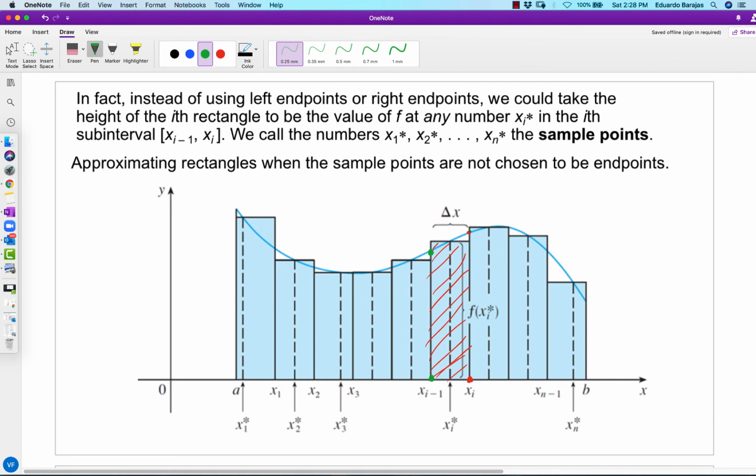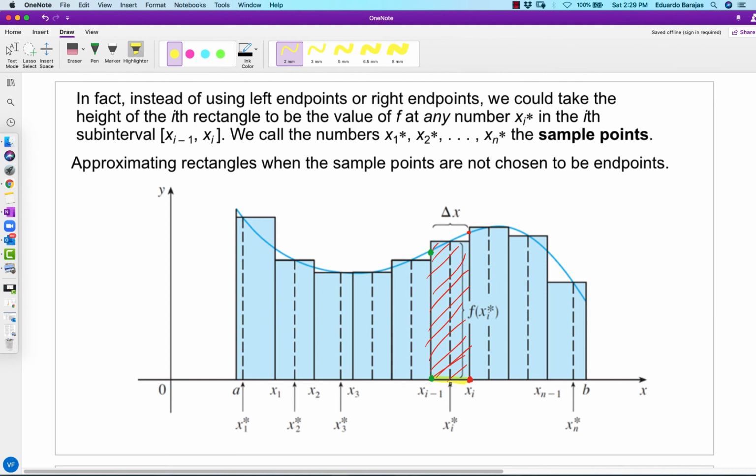So using the right-hand rule, as you can see, we would end up overestimating. Using the left-hand rule, you could see we would end up underestimating it. We could also use the midpoint rule. Let's go right in the middle and use that value. But in fact, we could use any number that's in here, and that's what this little x sub i star